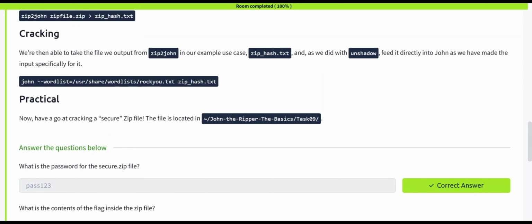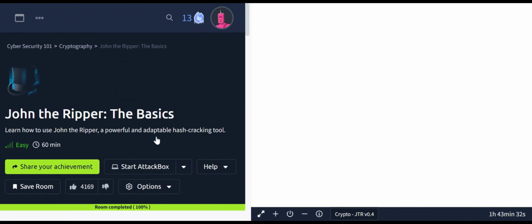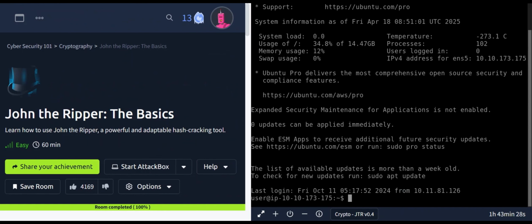Practical this. Now have a go at cracking a secure zip file. This file is located here under task 9. What is the password for the secure zip file? So what we're going to do, I had already started the machine. Let's see if it has done its thing. Then we're going to use